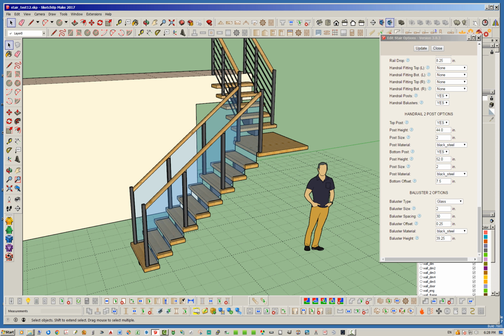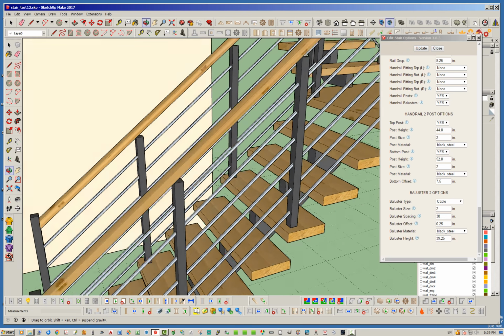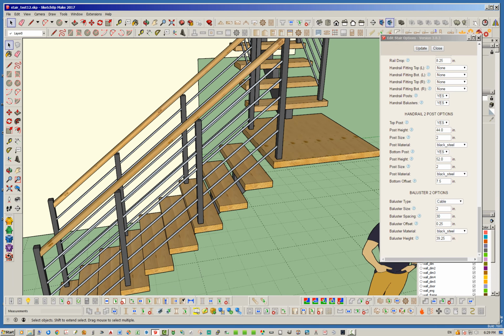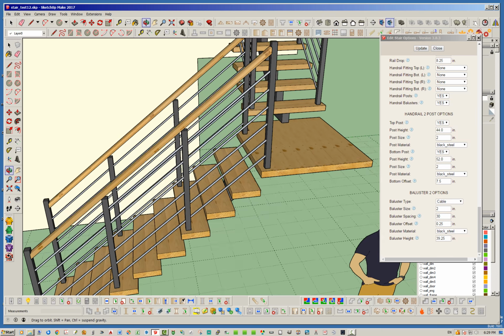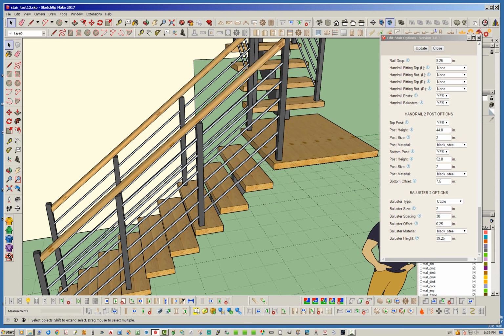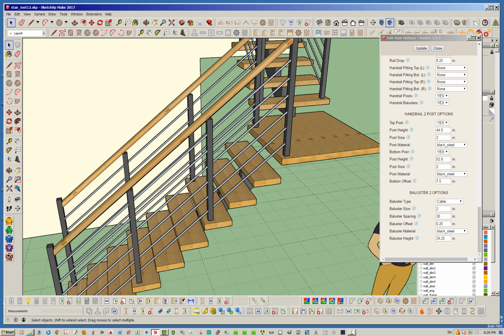Now let's quickly switch over to cable and hit update on that. Okay, so now we've got cable. Really, the intermediate posts don't change with cable or glass. You'll notice that nothing changed there. The only difference is it got rid of the glass and put the cables in, or rods, whatever you want to call them. I've had people ask me about the spacing of the rods and also the dimension of the cable itself. I could put that in here, and I may do that eventually, but I figured most people are going to probably stick with kind of the same